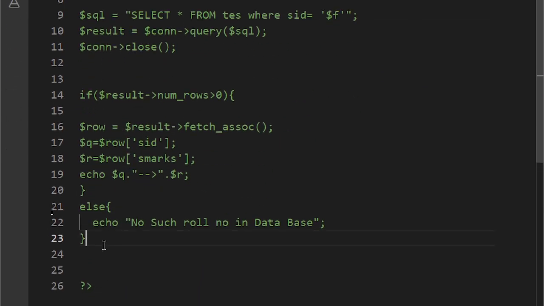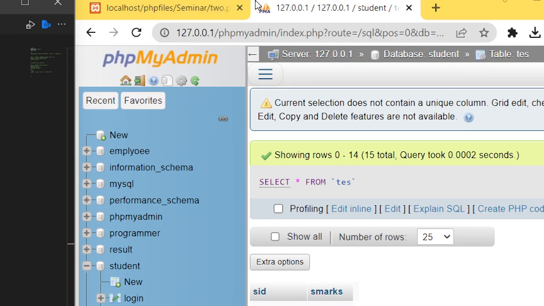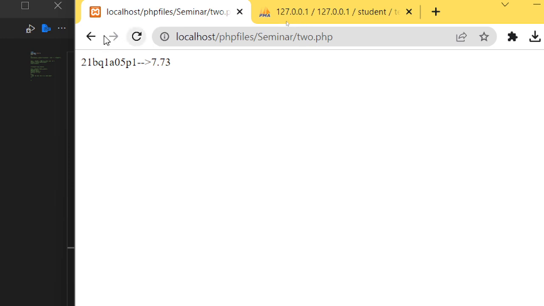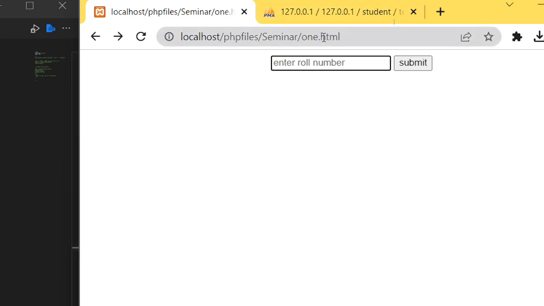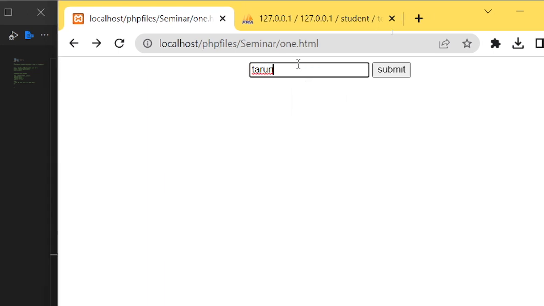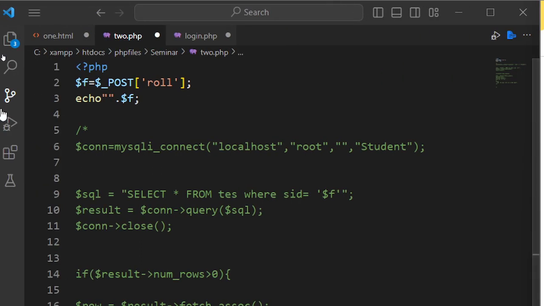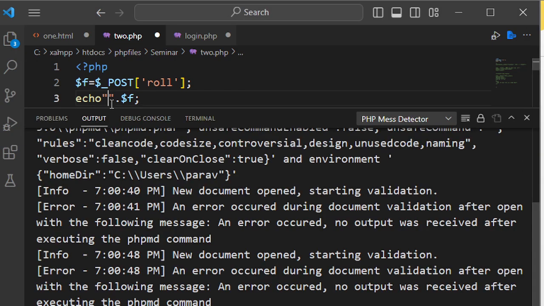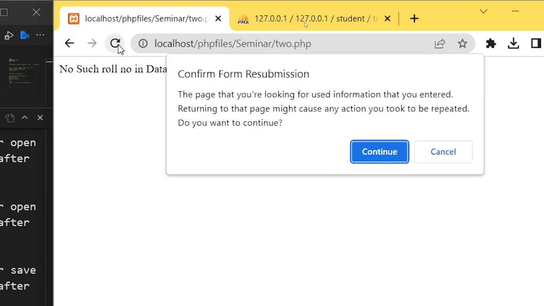Well, now let us execute our HTML code and check whether our first objective is achieved or not. Okay, let us go back. Here you can see my HTML page 1.html. Here I have an input tag text box and a submit type button. Let me enter the data. Let it be Tarun. When I click on the submit button, this data is redirected to here. Wait a minute, I didn't save this. Let me save this and execute it again. So when I entered Tarun and clicked the submit button,